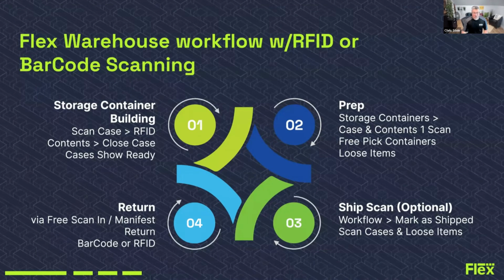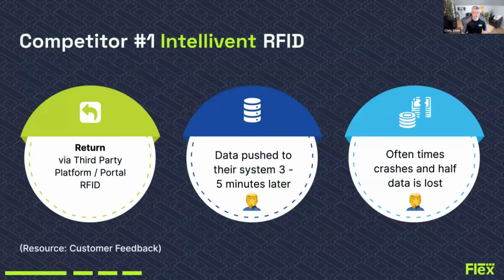So that whole process, we would go from there and return it when it comes back, things like that. But this whole process is cyclical in nature and is very repeatable, and we can add efficiency with RFID in all the places. So, some competitor comparisons: this information came from customer feedback from someone who had left Intelligent,